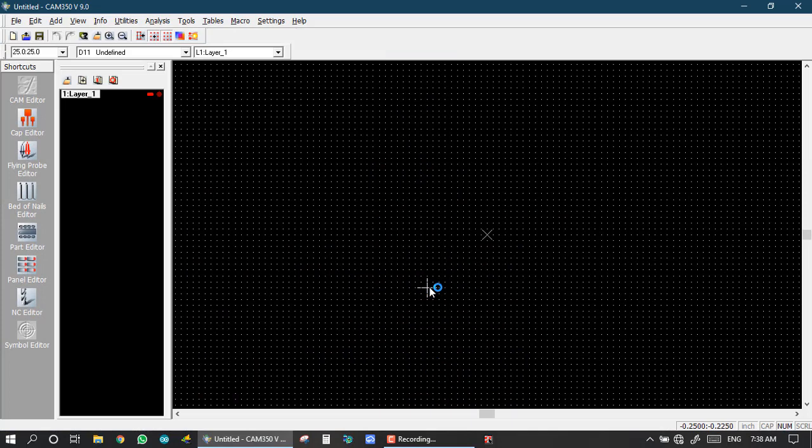In most production houses we use CAM350 software generally, because CAM350 is used to convert data into a format suitable for any production machine. For example, for a CNC machine we get output from Cadence software or UCAM software and also Genesis software, and in some cases it is not suitable for our machinery. So we take the output of that software, import that other software's output into this CAM350 software, and make it into a format suitable for the machine.